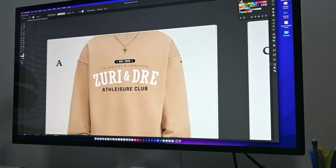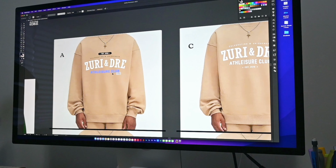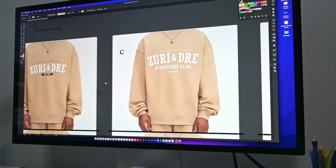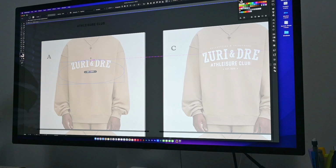But you always want to make sure that you have a focus on your main item. So for me, the main item is the name. You want to make sure you're adapting and creating the design that would work for the end result. So as I said, the end result for me is going to be embroidery. So I can't have things too small or too close together because it might get lost in translation when it comes time to actually have the piece made, because we're working with thread when it comes to embroidery. So it's not silk screen